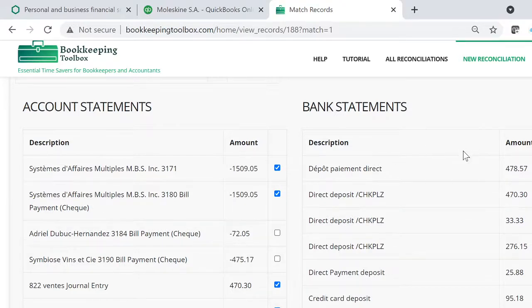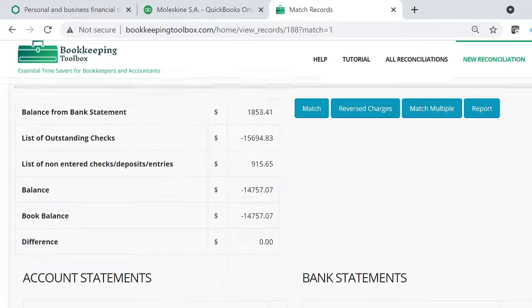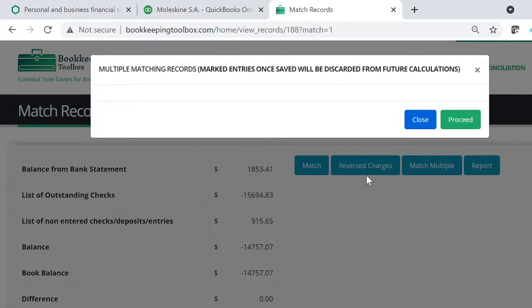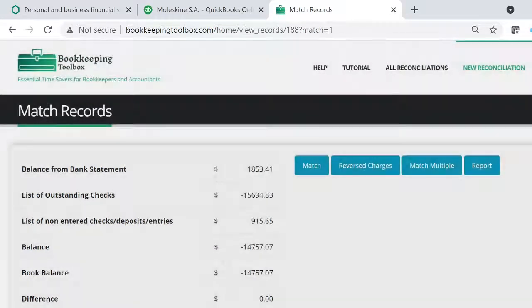So it would find it, and then you would proceed, and it would check those five $100 entries with the $500 entry at the bank. So it's a nice feature. In this case here, there's no multiple match to do. And so we go to the report page,